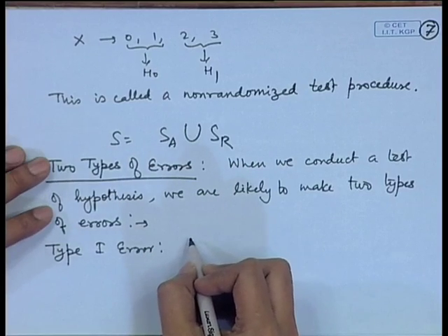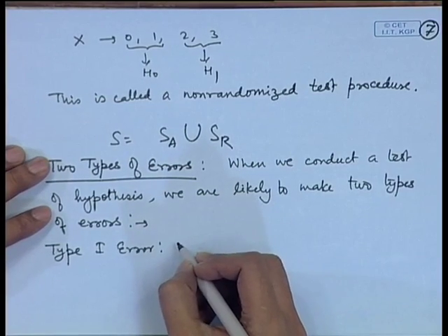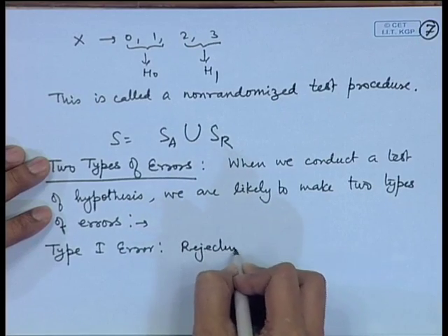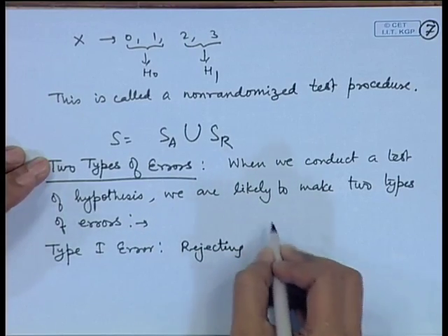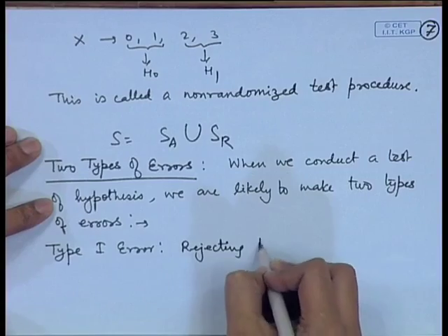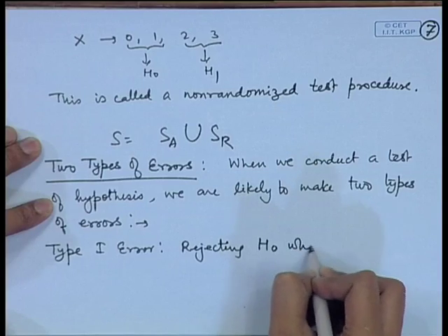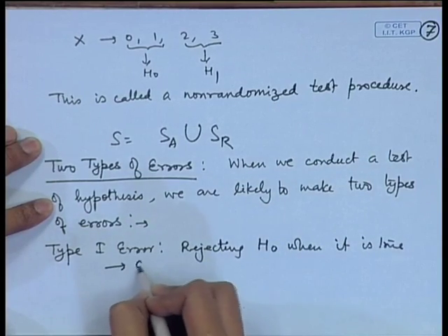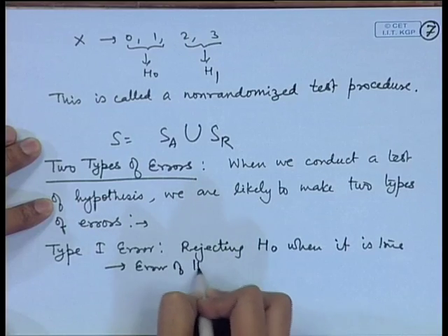This could be rejecting. Now we will use a standard notation: H naught is the null hypothesis and H 1 is the alternative hypothesis. So, rejecting H naught when it is true. This is called error of the first kind,